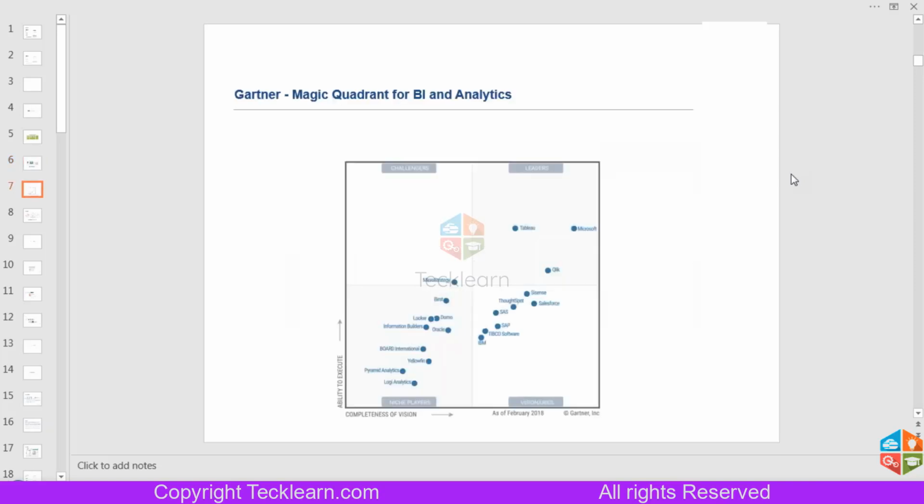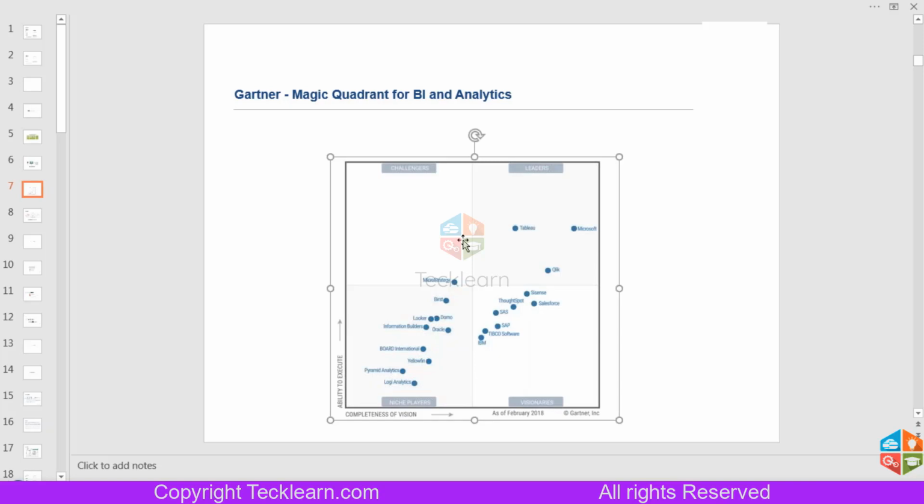And the last point to support why Tableau has such a high demand in the BI market is that this diagram is more than enough to convince any client or any company why they need to accept Tableau as their main BI product.